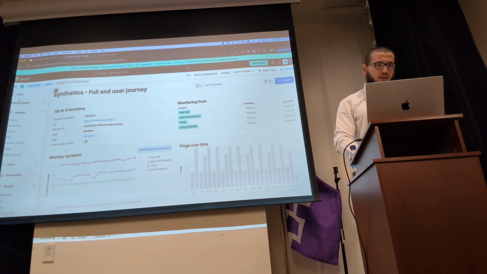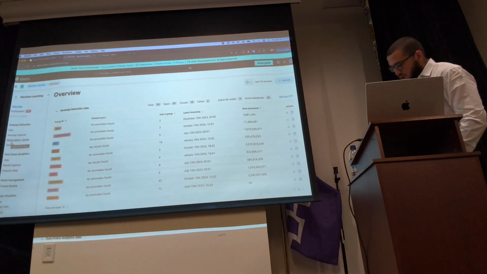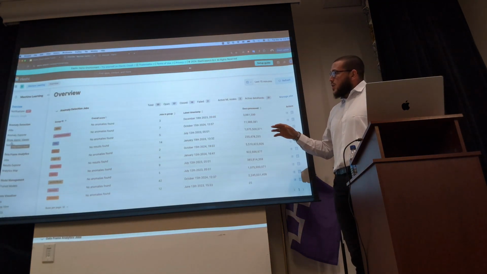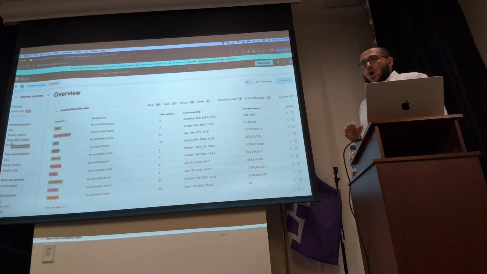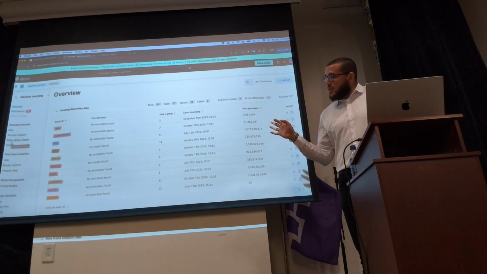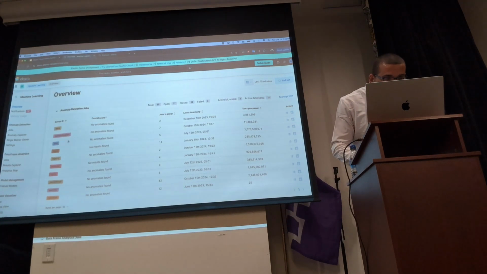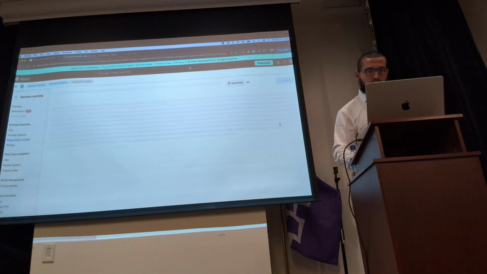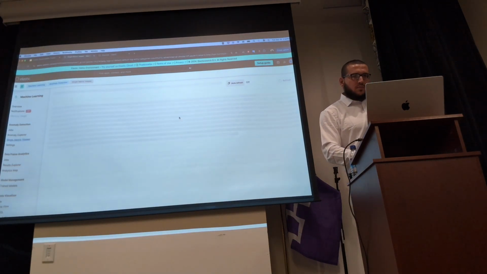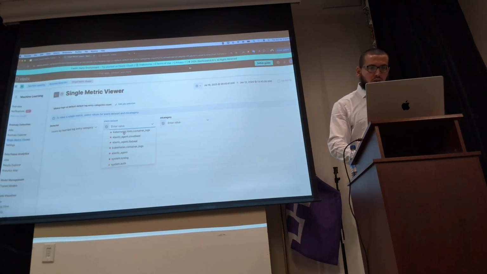Okay, another thing I mentioned is machine learning. We use unsupervised machine learning. It's built in, or you can create your own machine learning for one metric or multi-metric, for rare users. There are a lot of types of machine learning jobs that you can use. And if you want to analyze this machine learning or see the result from it, then you click on the, okay, so here we choose the